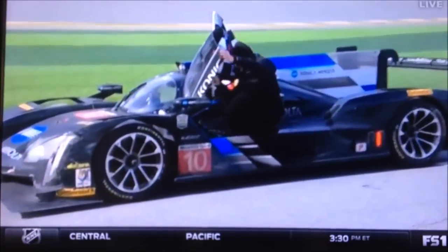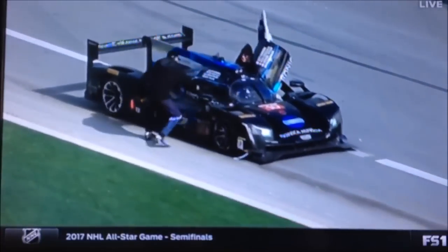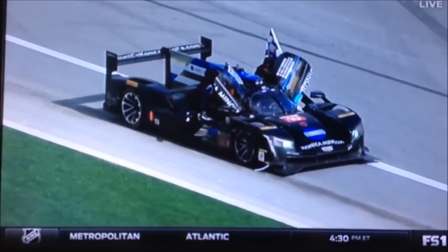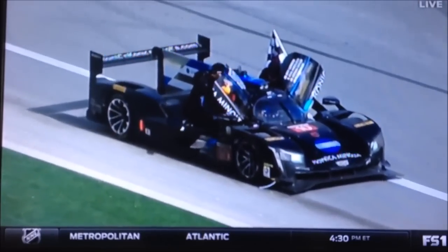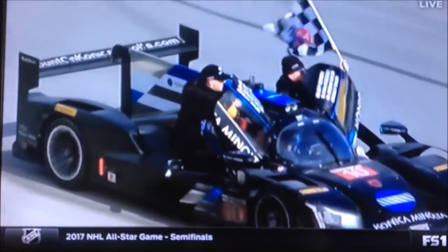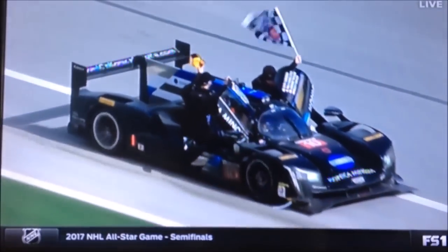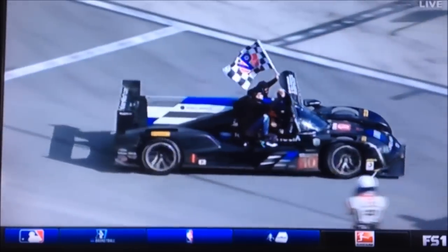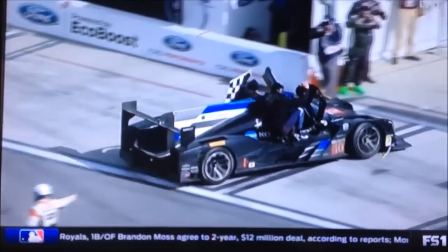Felipe Albuquerque always has a smile on his face, but I'm going to tell you what, it'll be an interesting victory lane here. And you saw the emotion for Ricky Taylor when in the interview they were just talking about what it meant for Max, and he started to choke up. Well, just imagine this. Look at that. That's Max right there, isn't it? That is. Or is that Jordan? That's Jordan, I believe. Wow, this is just spectacular. Unbelievable development. And again, there's a little bit of concern. You can see the damage to the right front. That's telltale. But here